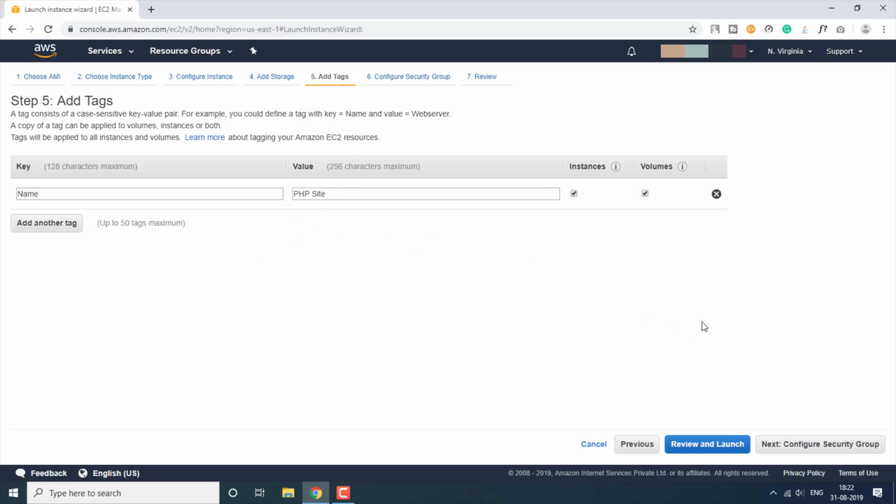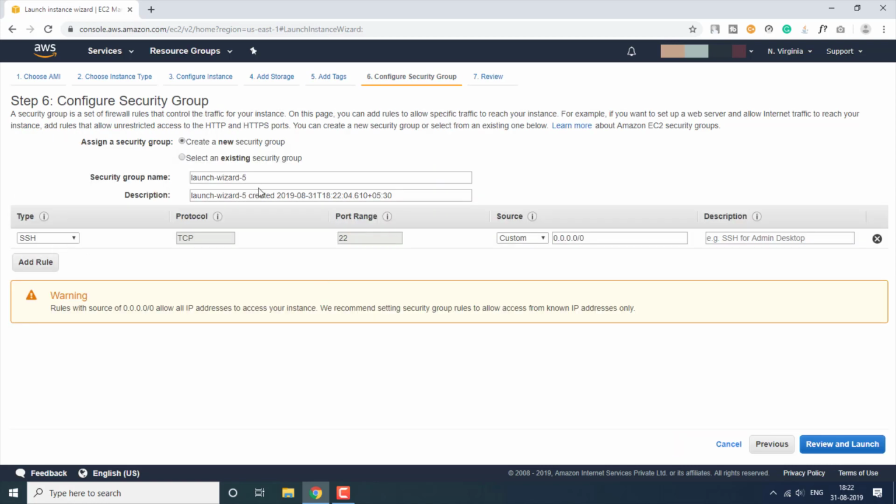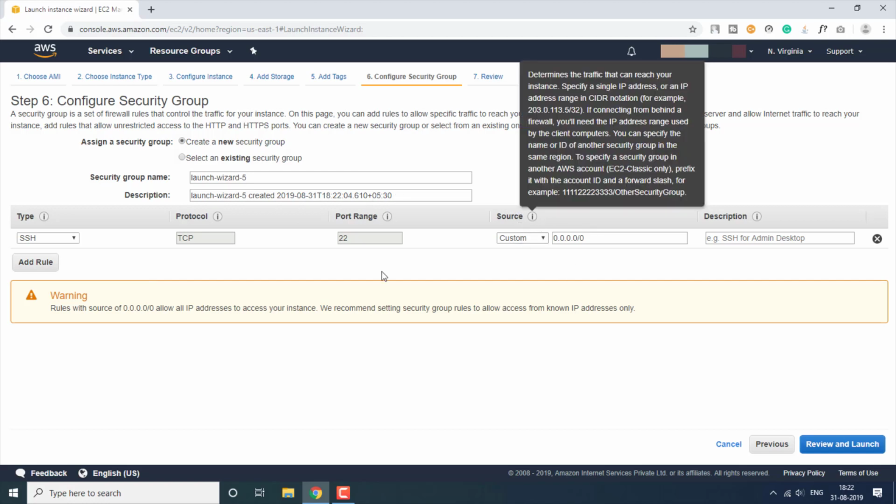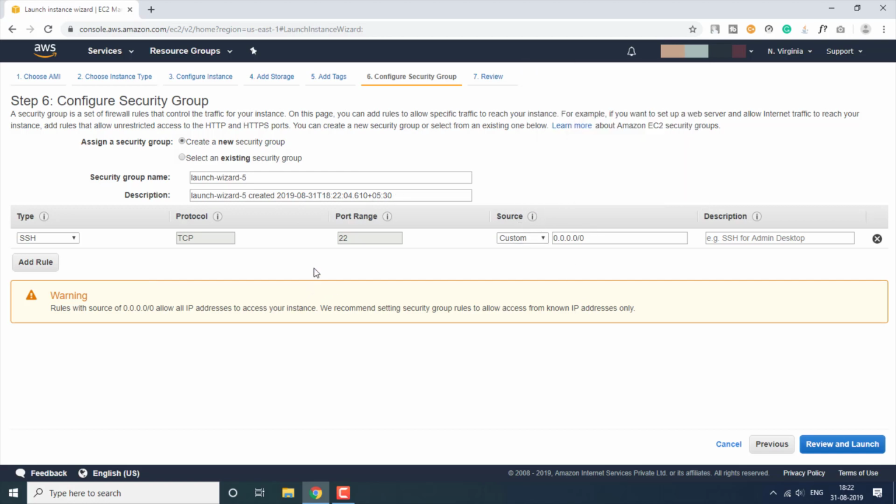Okay, and then after I'm going to click on next, and then here you have to set the security group. Now what this security group is, here you have to add some rules, some port numbers, and some source IP addresses through which you will be able to access your instance. So here SSH is already there, so we also want to access our instance with the 80 port, that is